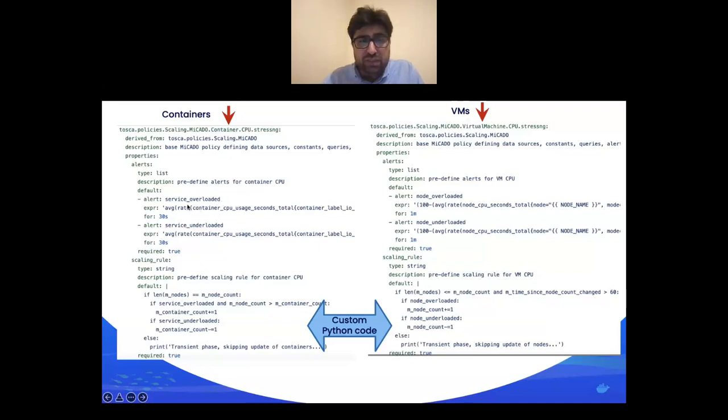Based on the monitoring metrics, we can associate alerts, where we can say, for example, service overloaded, based on certain specific Prometheus-based metrics, in this case container CPU usage seconds total. So we can associate a rule which will determine the behavior of service overloaded.